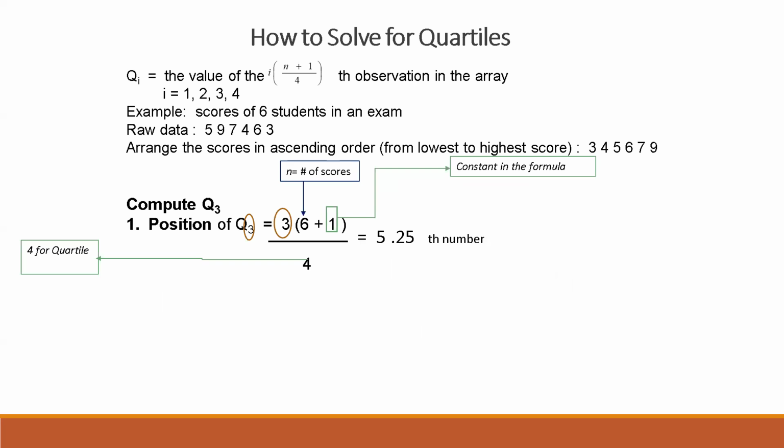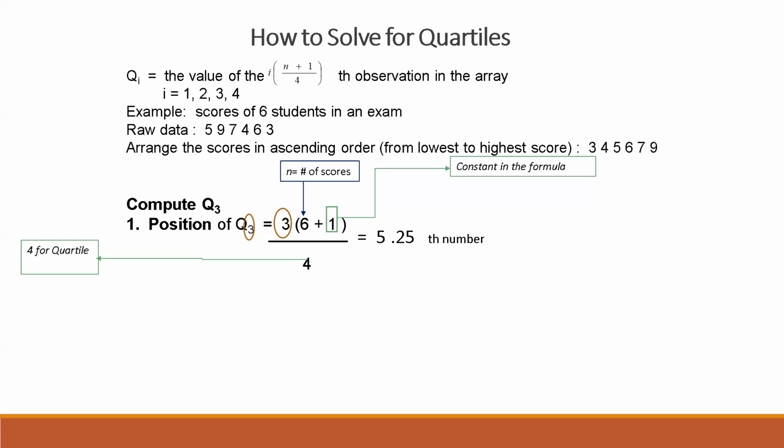How to solve for quartiles? The quartile is solved through the use of a position locator formula, i times n plus 1 divided by 4. The denominator is 4 because we are solving for the quartiles. The first thing that we have to do is to arrange the scores in ascending order or from lowest to